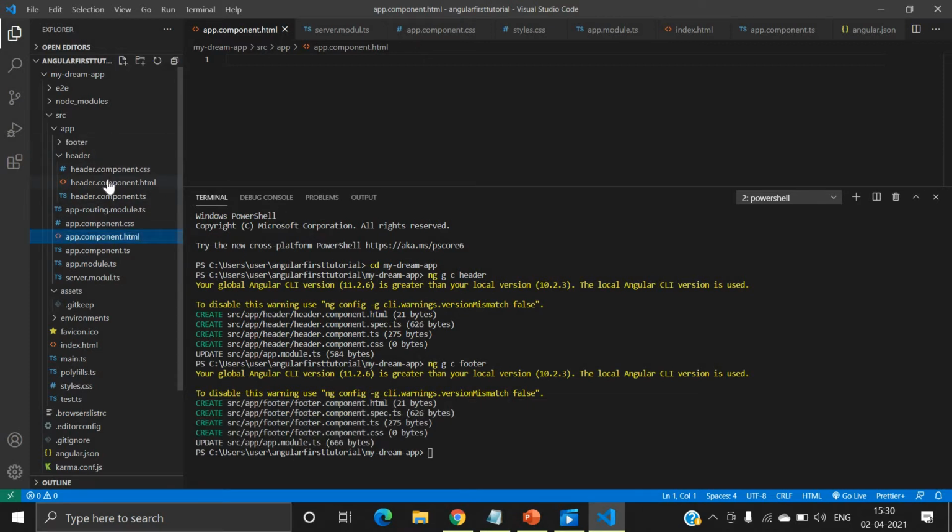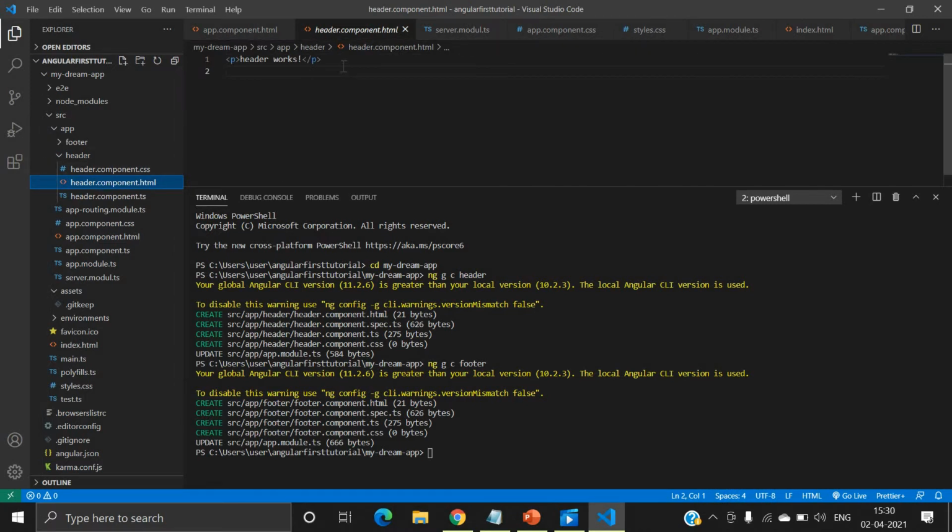Now let's move on to header.component.html. Inside this component, first of all I will use a div element. Inside this div element I will just use a header tag. It is just an html tag, right? Inside this header tag I will write some text like welcome to my channel.